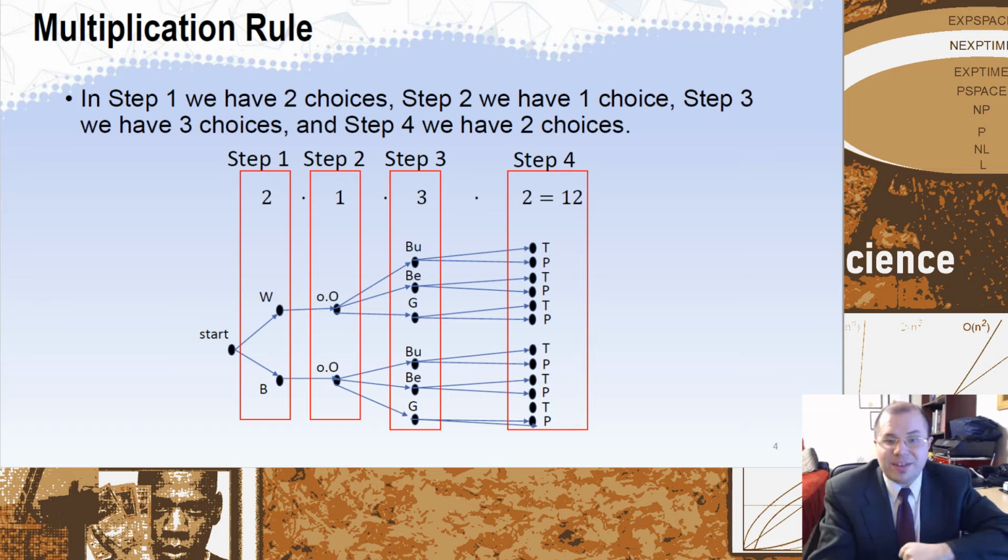So in this case, I get 12 possibilities. This is just a simpler example of how you can do some multiplication rule. I've just drawn it out here so it's easier to see. Now, one thing I want you to notice is that at every one of these steps, you'll